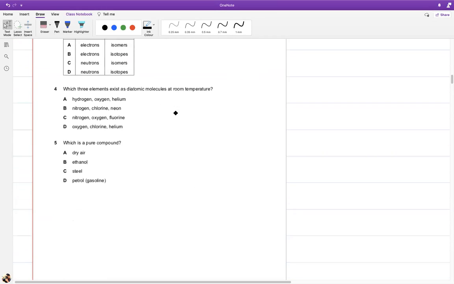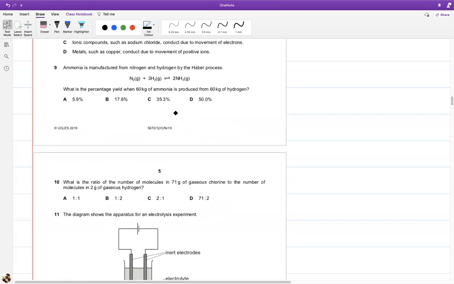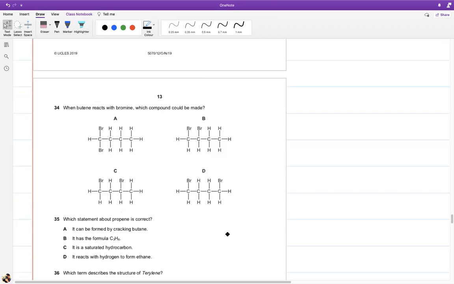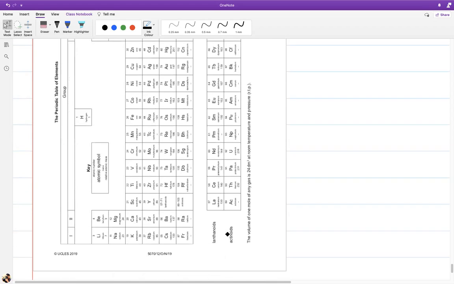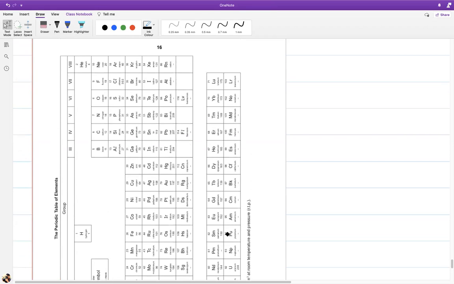All right, which 3 elements exist as diatomic molecules at room temperature? We know that in the periodic table you see this. There are 8 elements. There's hydrogen, and then there is a continuous inverted L. I'll highlight those for you in case you want to figure this one out. So there must be a periodic table here. Yeah. So in the periodic table, you have hydrogen. That's the one that is.